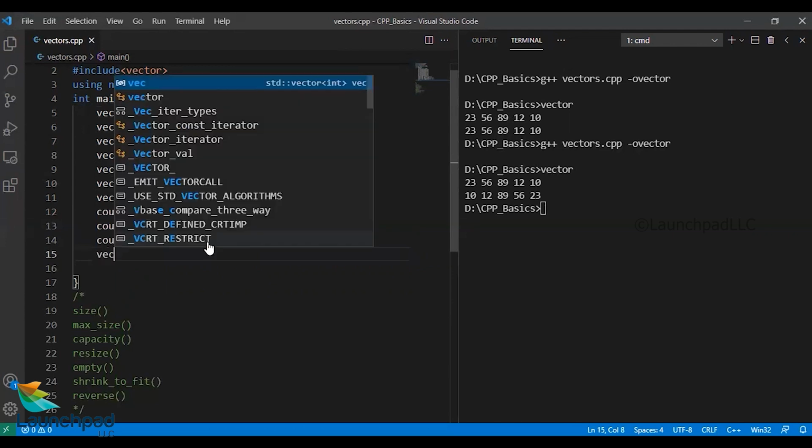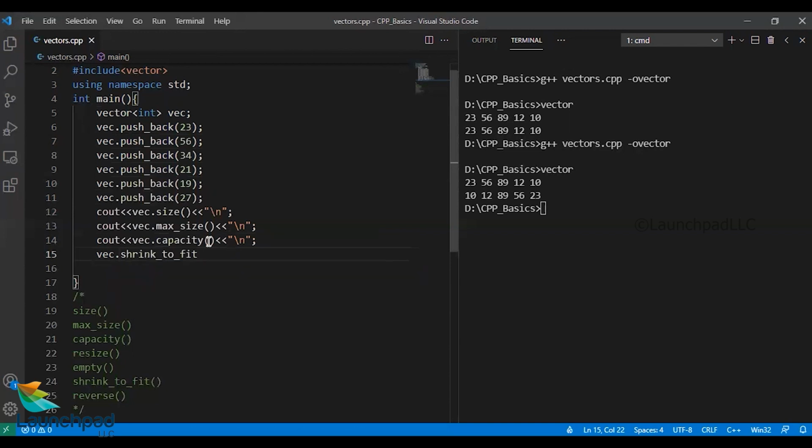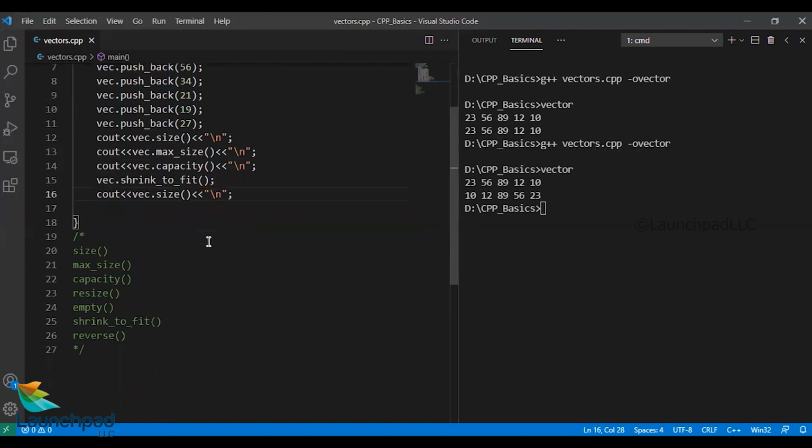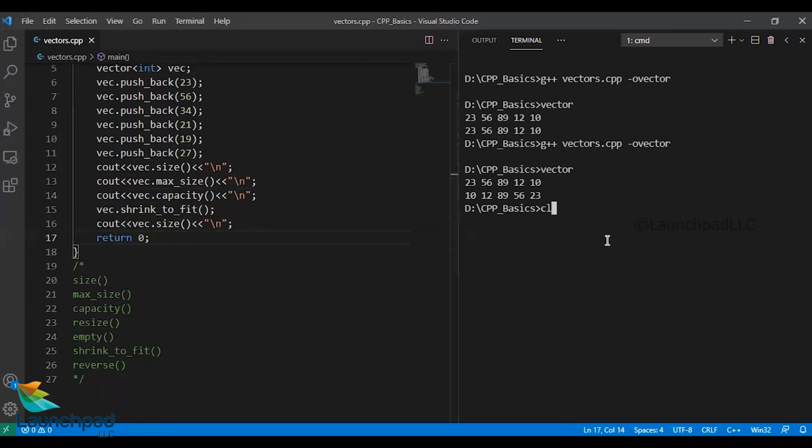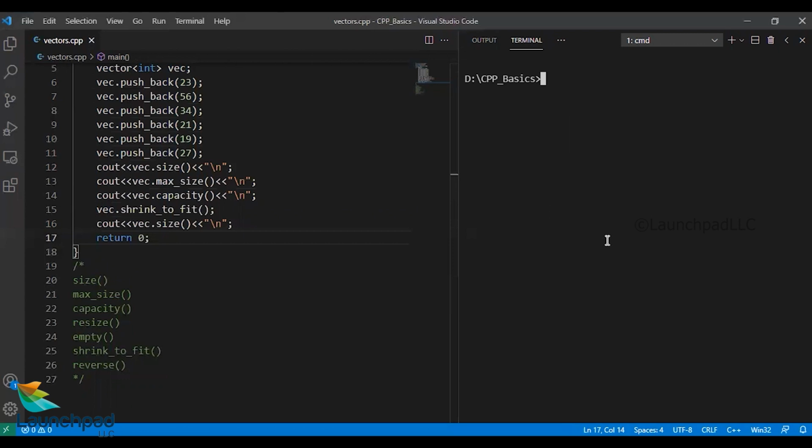Now let us shrink to fit the vector, vec.shrink_to_fit, and after shrinking it, let us find the capacity or the size of it. Let's end with the return 0 statement, and let's have a quick output of these vector functionalities.